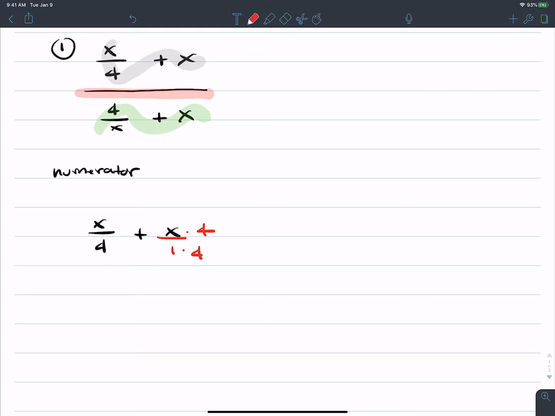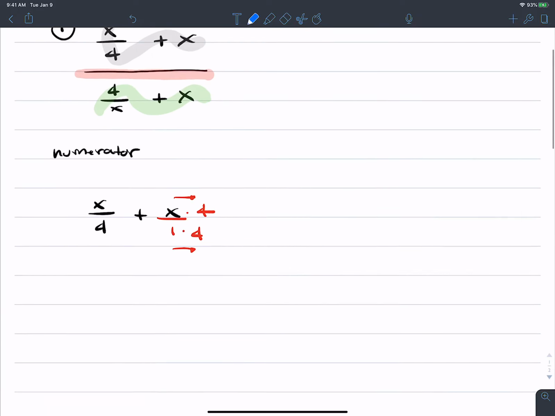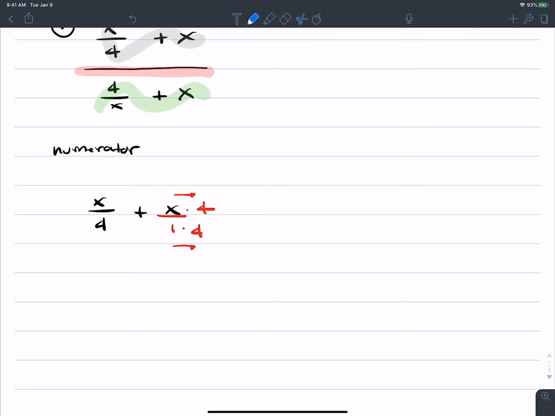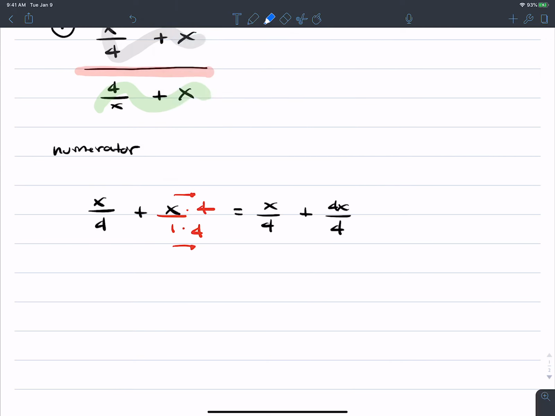And so let's remember that we're going to multiply top and bottom here across, and we mean horizontally across, for the second fraction by 4. So my first fraction stays as x over 4, my second fraction becomes 4x over 4, and you're going to notice that they are now like fractions here. They have the same denominator,